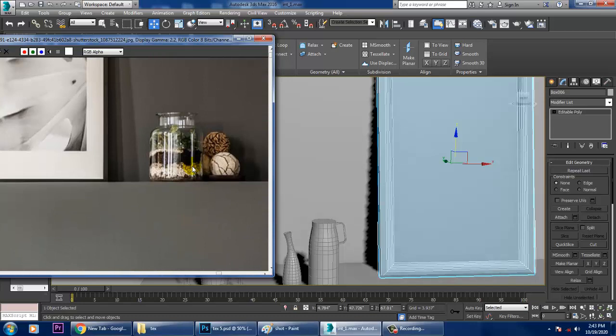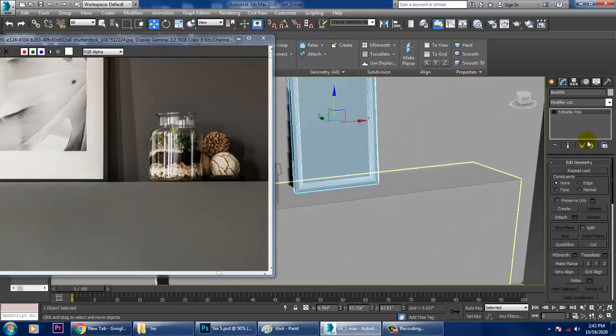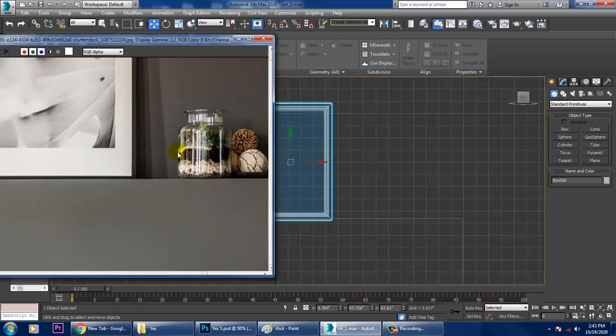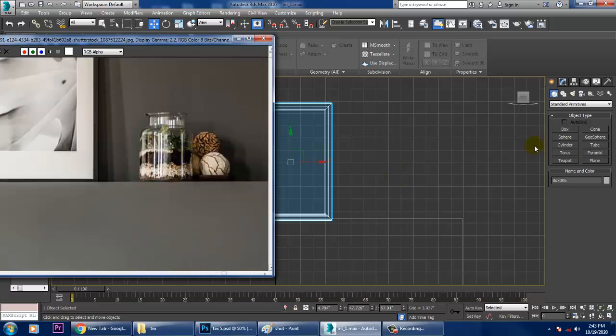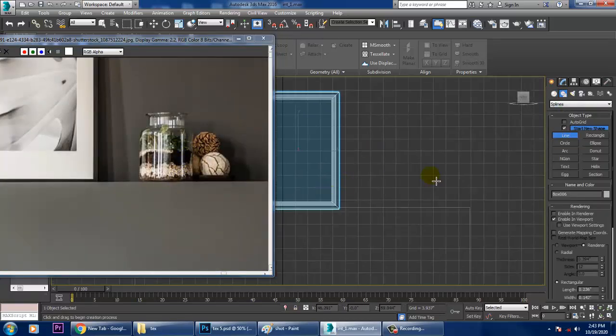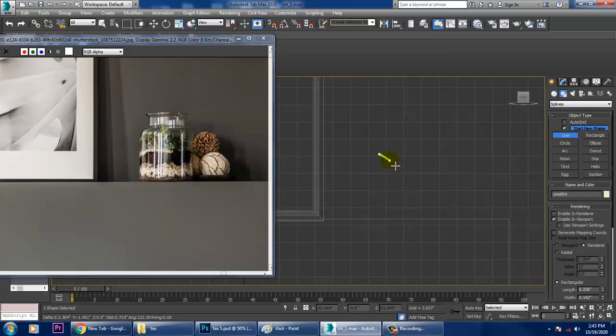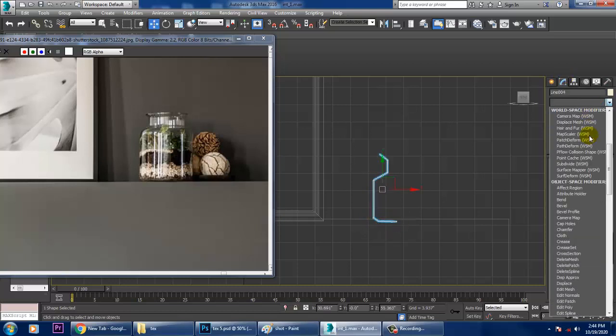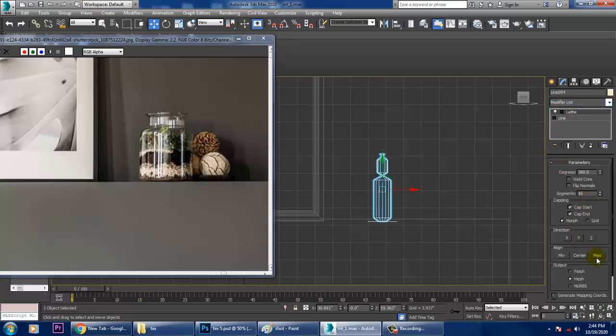Alright. So now let's again take one jar. So for that jar, if you look at this jar, so let's again take a line tool over here for this jar. Just take a line tool. So after taking this jar, let's go into this and let's give again a lathe max.